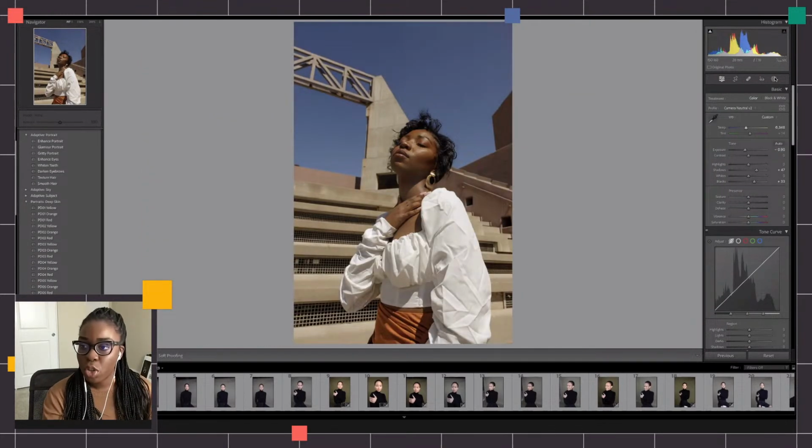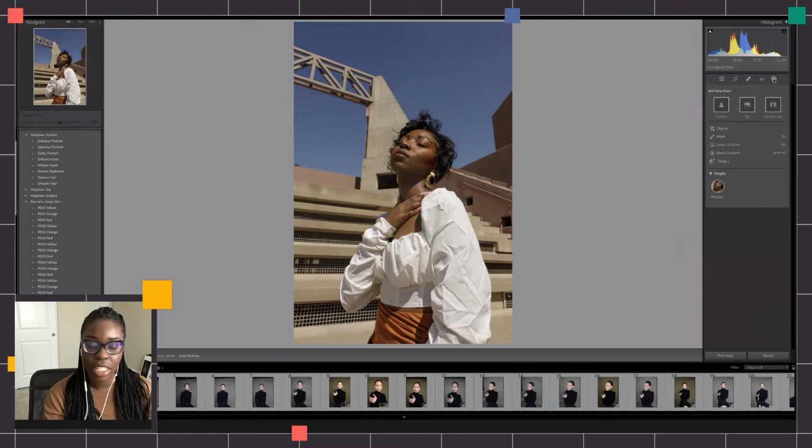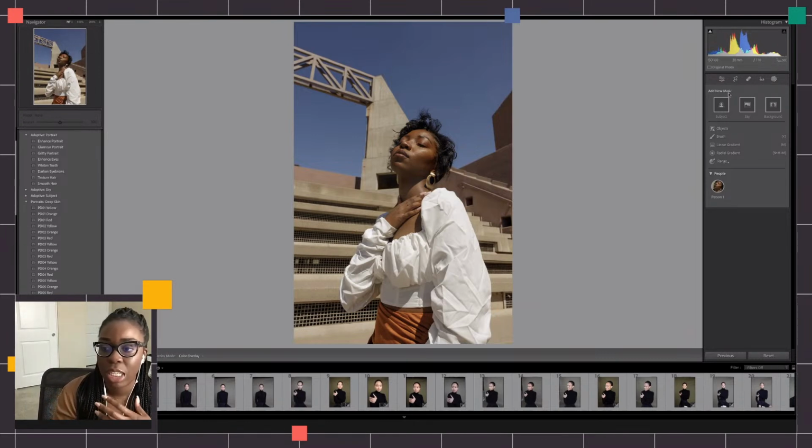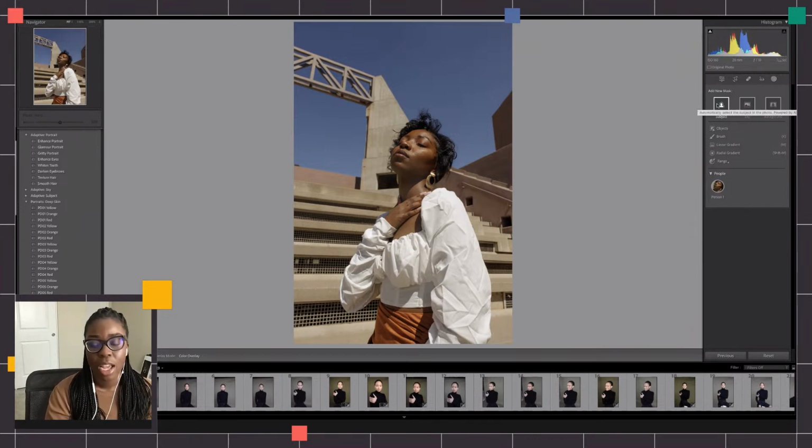Now I'm going to come over to this lovely circle over here, and this is what's going to open up your mask. So what you're going to go ahead and do, I think I'm going to go ahead and start with masking my subject to let you guys see what this looks like. Now, if you have one person in your portrait, you can just click on subject and it's going to create a mask for the subject that is in the portrait. If you have multiple people and you want to create a mask for your subject, you can press this button as well. But if you are wanting to create a mask for individual people, which I will show you in